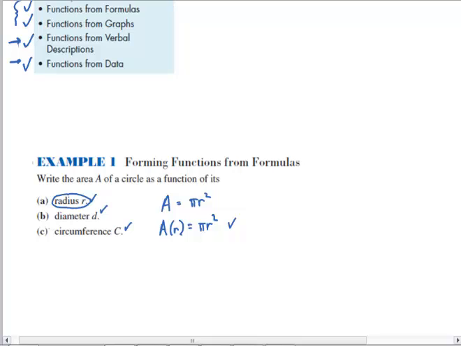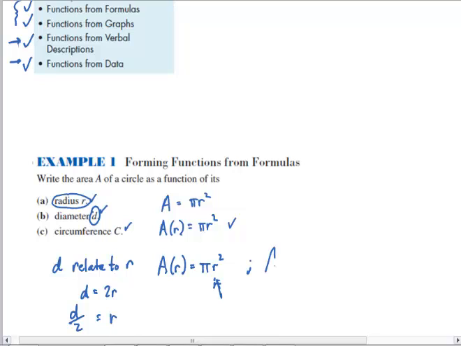But if you want to turn this into a function of diameter, you have to do a variable switch. So you remember the formula for diameter. How does that relate to the radius? And you remember the diameter is equal to 2 radii. So if I want to make a formula, area as a function of radius is equal to pi r squared, I've got to replace the radius so that it's now the diameter. So I'm going to replace the radius with d over 2,